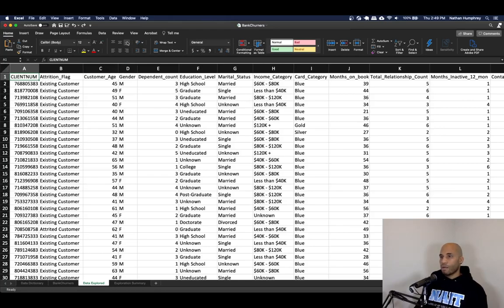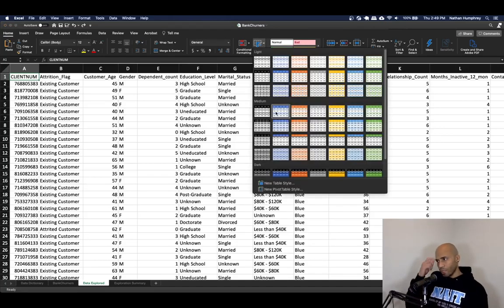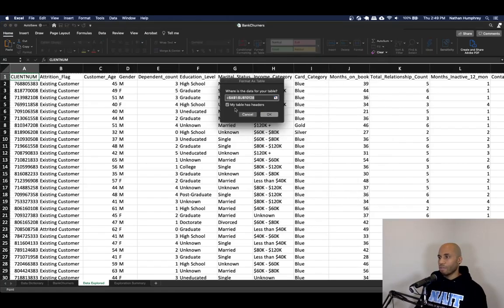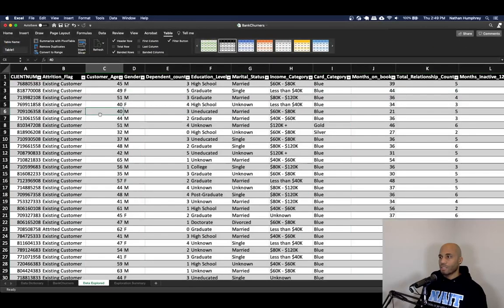So on the ribbon, I'm in the range. It's fine, it'll find it. I'm going to choose Format as Table. Choose whatever lovely color patterns you like. I'll just go with medium. My table does in fact have headers, and fantastic. So now we've got this formatted as a table, and we can quickly go through and see if,